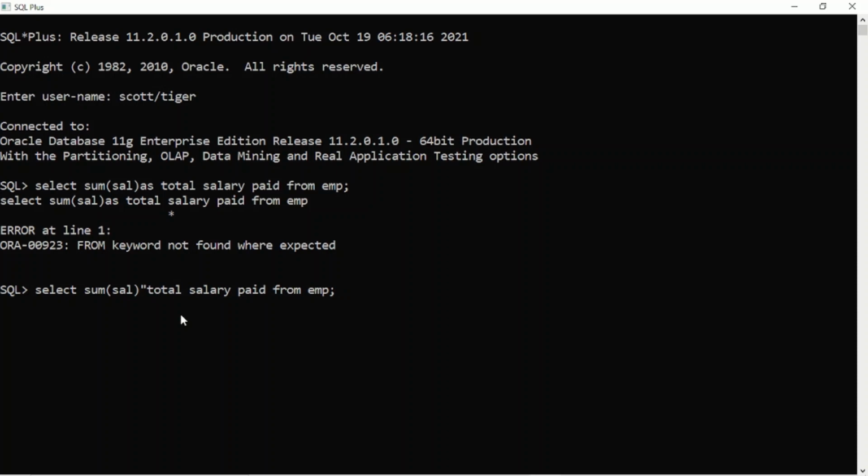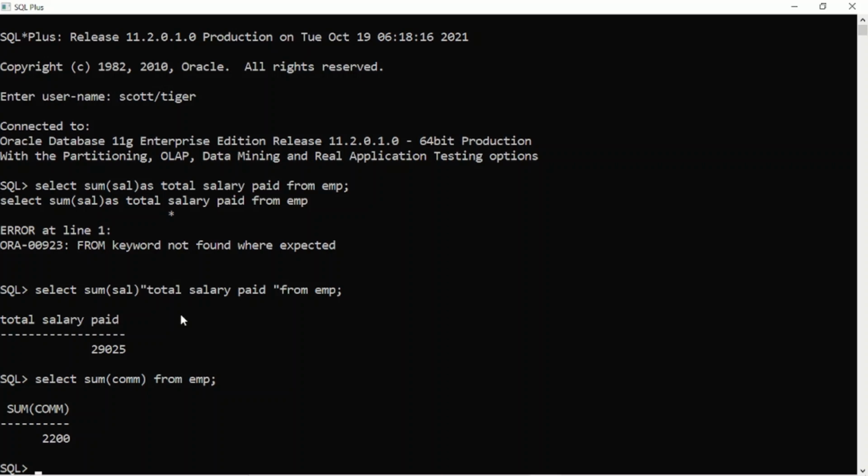I can write like that. Here, total salary paid is like this. Clear? Similarly, if I want to know the total commission paid, what can I write? Select sum of what? Commission from EMP.